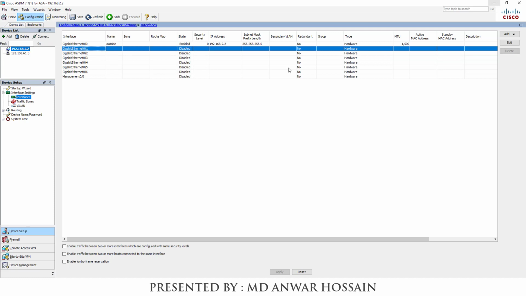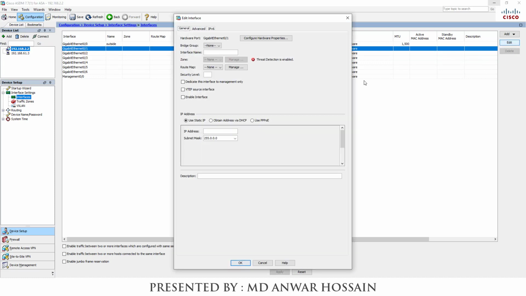Click edit. Interface name inside. IP address 192.168.10.1. Subnet mask followed by 24 bit of mask, 255.255.255.0. Click OK.